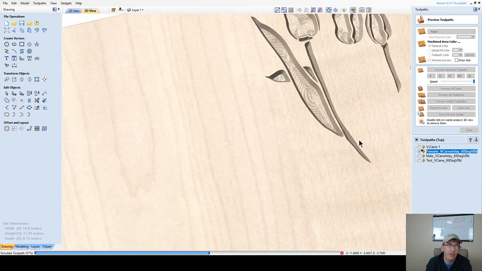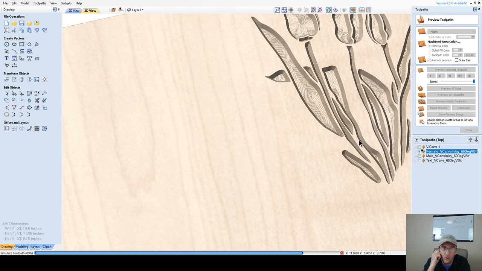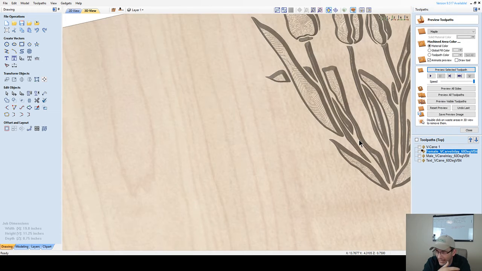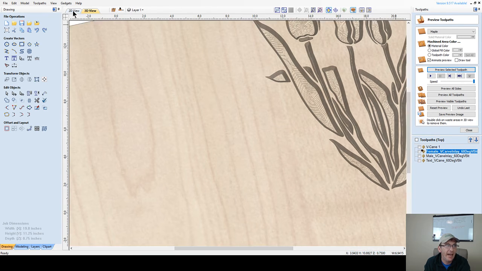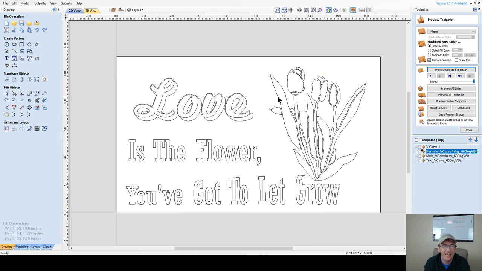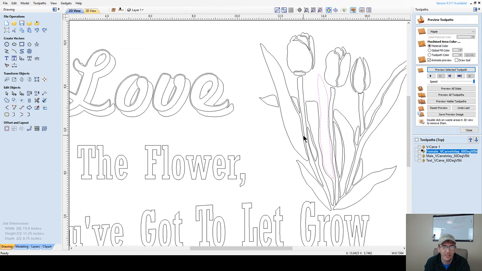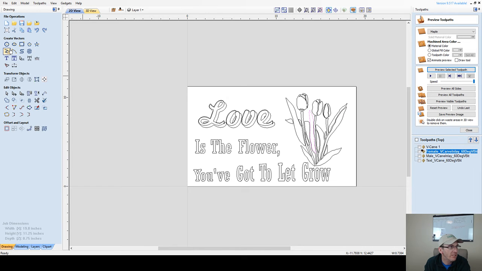So if you see that warning, an open vector that's being ignored may be insignificant, might not have any effect on your design at all, or it may be very significant. In this case, it's very significant because I'm missing that whole leaf right here. I'm missing that whole leaf in this area here. So I would want to definitely come back, right click, go to selection, and select all open vectors. I would want to identify that open vector, so have it select. Now, some vectors,